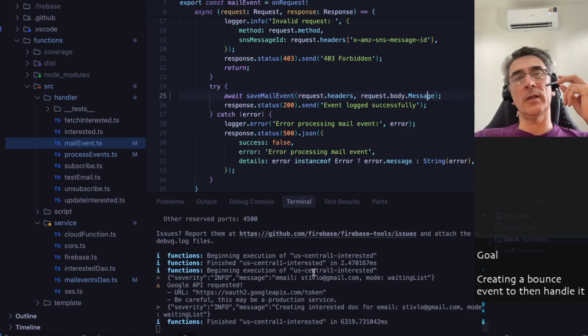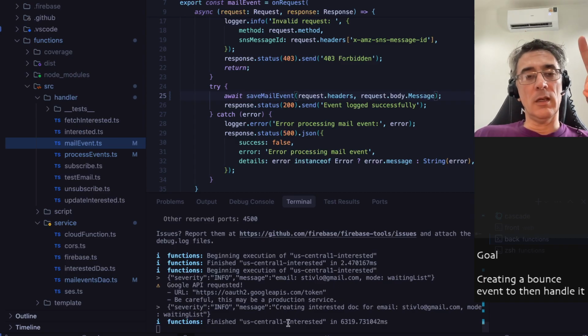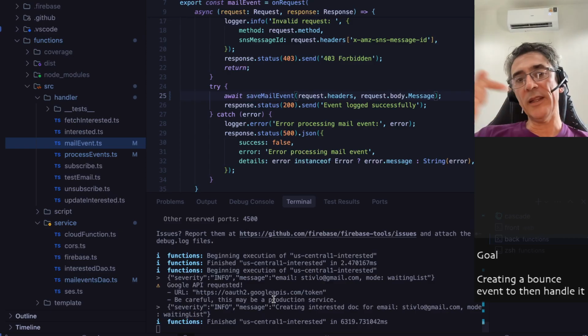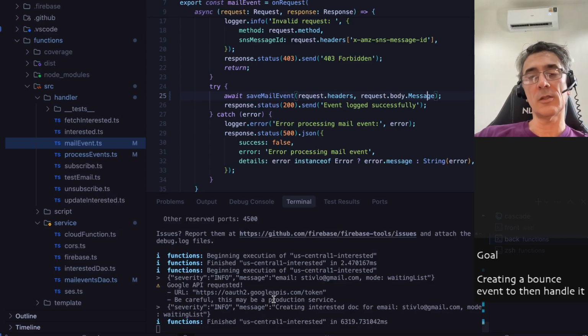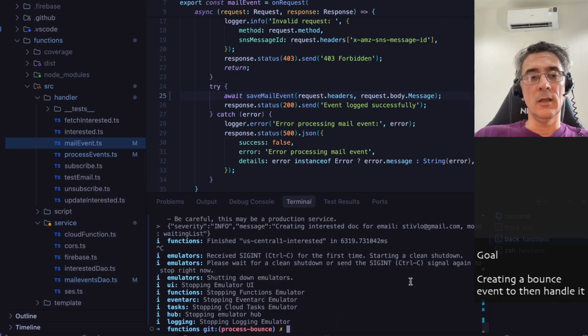Oh, no, no, I know why. It's because it called the local function, but then that triggered the email, and the email trigger then goes to AWS. AWS does a callback, but AWS cannot call the local function. It has to call the deployed function. So we cannot test this unless we deploy the functions. There is no other way around it, because we can't have AWS call a local function. So this change was not there. So npm run deploy,